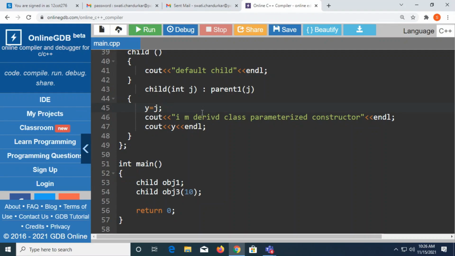I'm not talking about the default one. And for the understanding of your compiler, we need to do that explicitly from the derived class parameterized constructor. So I will extend the derived class parameterized constructor definition and I will pass the control to the parent class constructor with a parameter. कौन सा पैरामीटर आप पास करोगे?